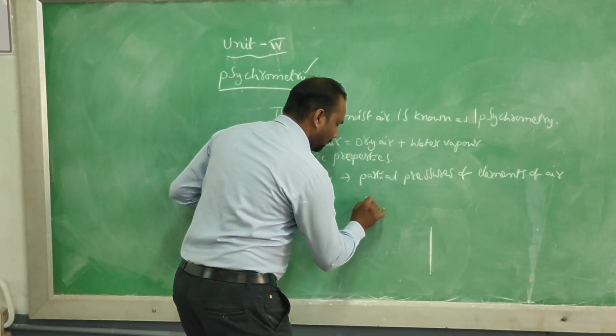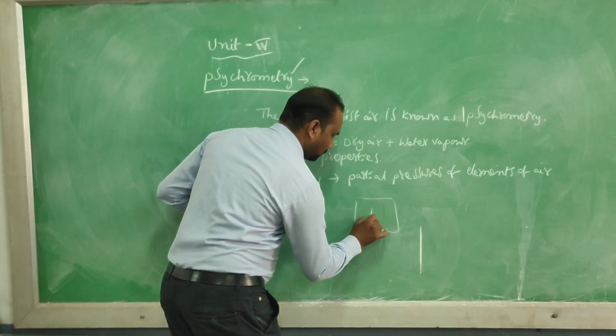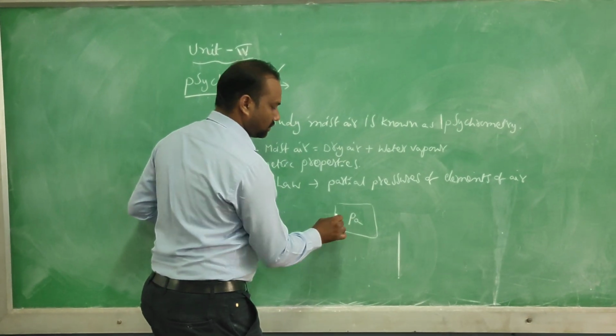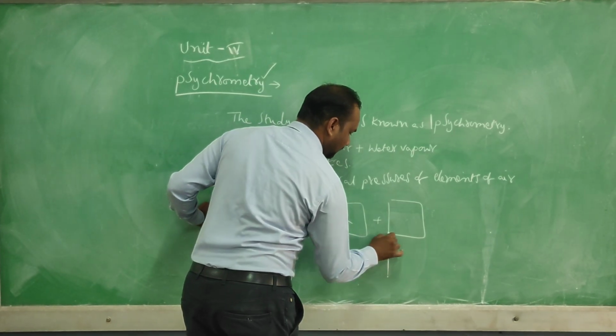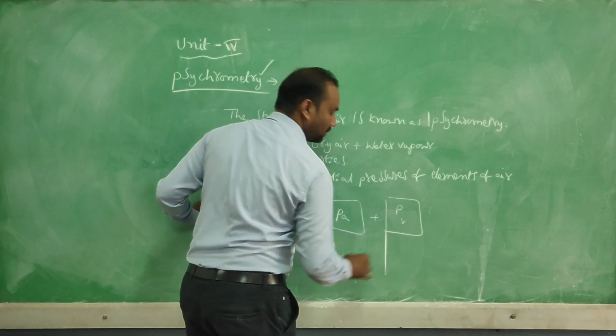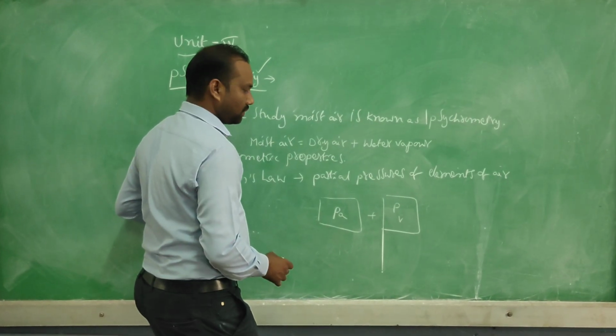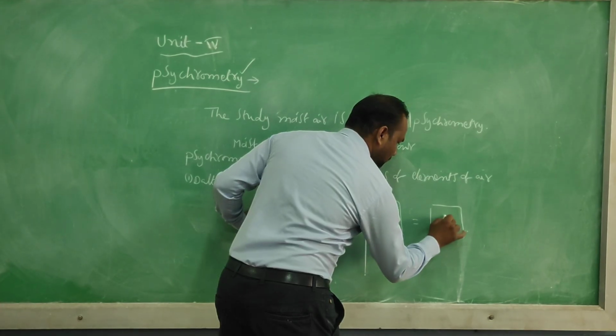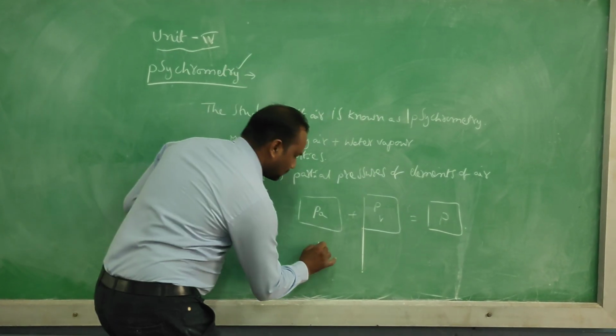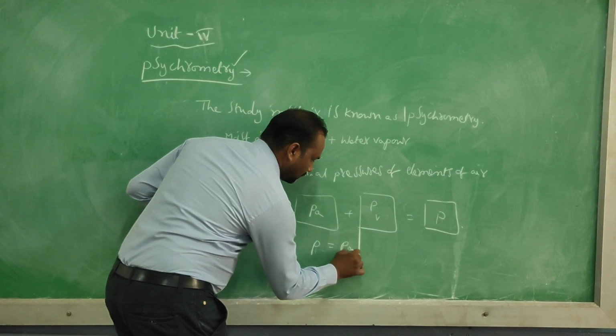For example, there will be two elements: dry air, with partial pressure PA, and another element called water vapor, with partial pressure PB. Then the total pressure must be equal to P, so P is given as PA plus PB,